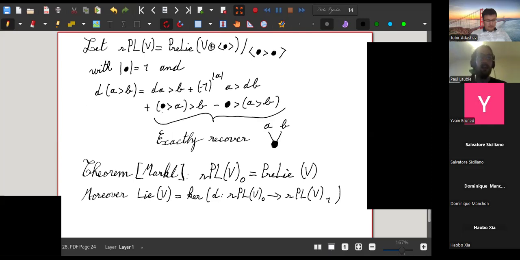Well, the characterization relies on a construction which is, well, a bit strange, because what we do is we consider the free pre-algebra generated by V, and we adjoin to V a new element of degree 1, and we quotient this by the grafting of this element onto itself. So